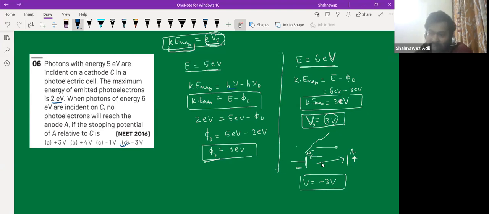So if we provide a negative potential, then this would be positive, and then this will attract this thing, and it will not reach. That is why this thing should be negative. Is it clear? Yes. Please note it down, and then we'll go to the next. So we are carrying on with the